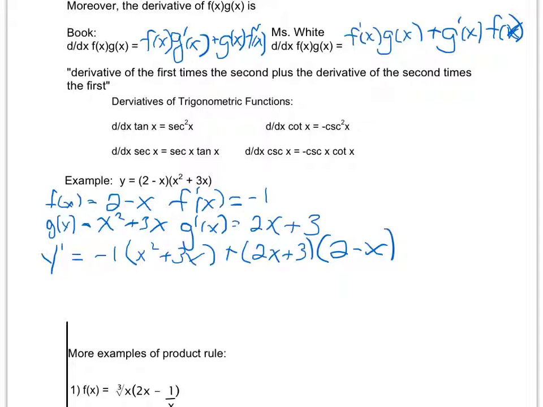Now from here I can go ahead and clean up my derivative, and I get negative x squared minus 3x after distributing. And after using FOIL here, I'm going to get x minus 2x squared plus 6. And all I'm doing is foiling. I feel like at this point in your math career, I do not have to show you how I foiled. And then now I'm going to combine like terms, and I get a final answer of y prime, the derivative